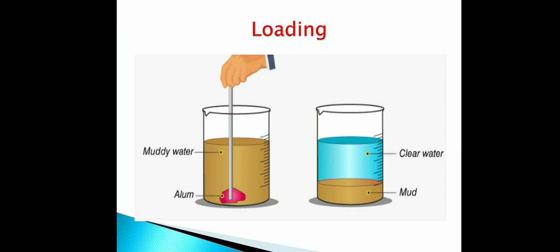Another example of loading is when we are preparing tea. When the water is cold and we add the tea leaves, you may observe that the tea leaves float on the water. But once the water becomes hot, the tea leaves settle down in the pot. In the process of loading also, we can pour off the tea. Tea leaves get loaded with hot water, become heavy and settle down at the bottom.